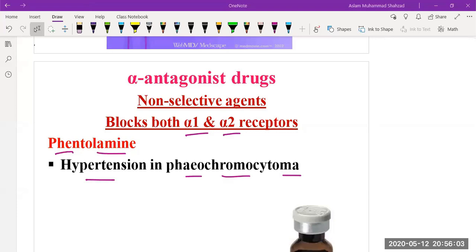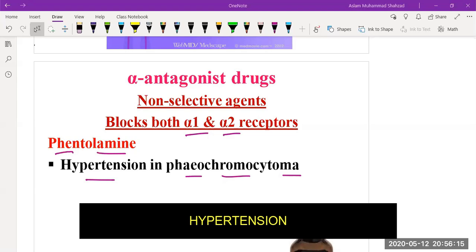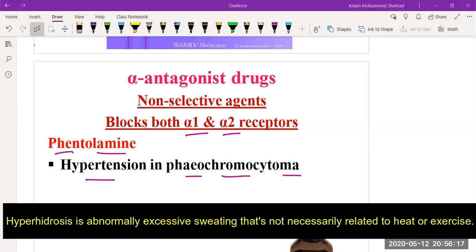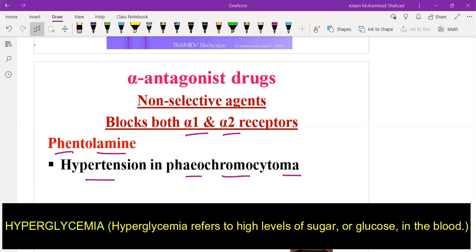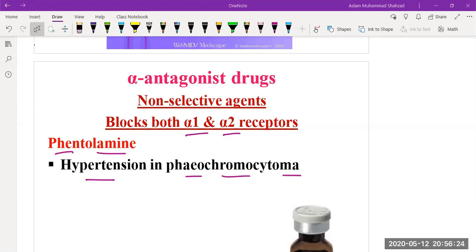And when we discuss this, the clinical manifestation in that case will be explained in terms of 5 Hs, meaning H for hypertension, H for headache, H for hyperhidrosis, H for hypermetabolism, and H for hyperglycemia. So what will happen because of the increased release of the epinephrine? They increase the blood pressure and can cause hypertension.